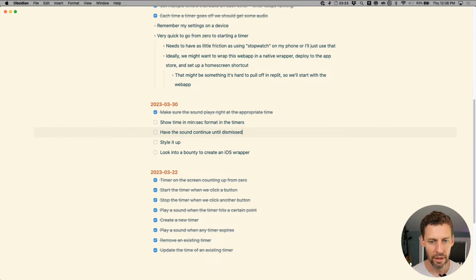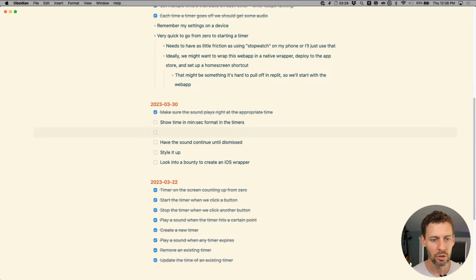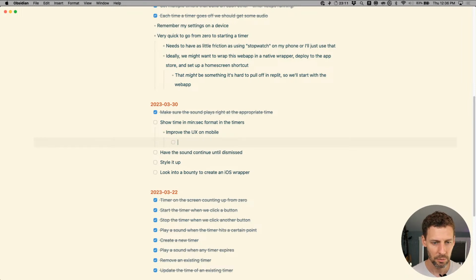Don't want to just go down that rabbit hole just for the sake of doing it. Improve the UX on mobile. I'm not sure what the UX should be because you're not exactly hitting enter. Well, one of the things we could do on mobile that would be pretty cool, actually, make this a bullet point here.